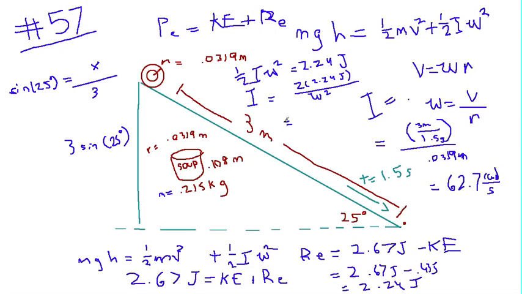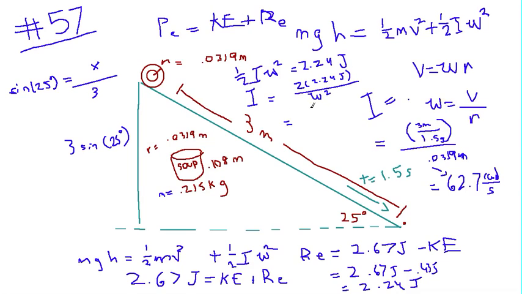We can plug in omega, which we solved for right here, which is 62.7 radians per second. So putting that in, 2.24 joules divided by 62.7 squared, we get